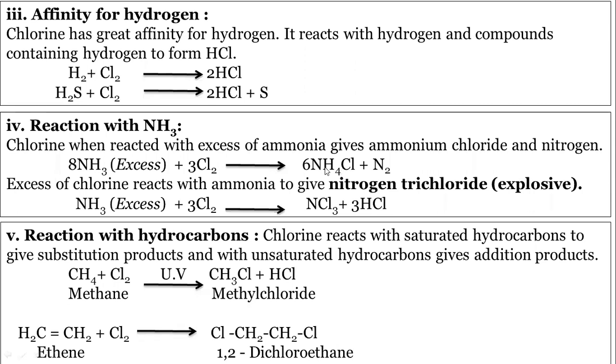And chlorine, when it reacts with excess of ammonia, gives ammonium chloride and also nitrogen. In the first reaction we can see clearly 8NH3 molecules in excess plus 3Cl2 gives ammonium